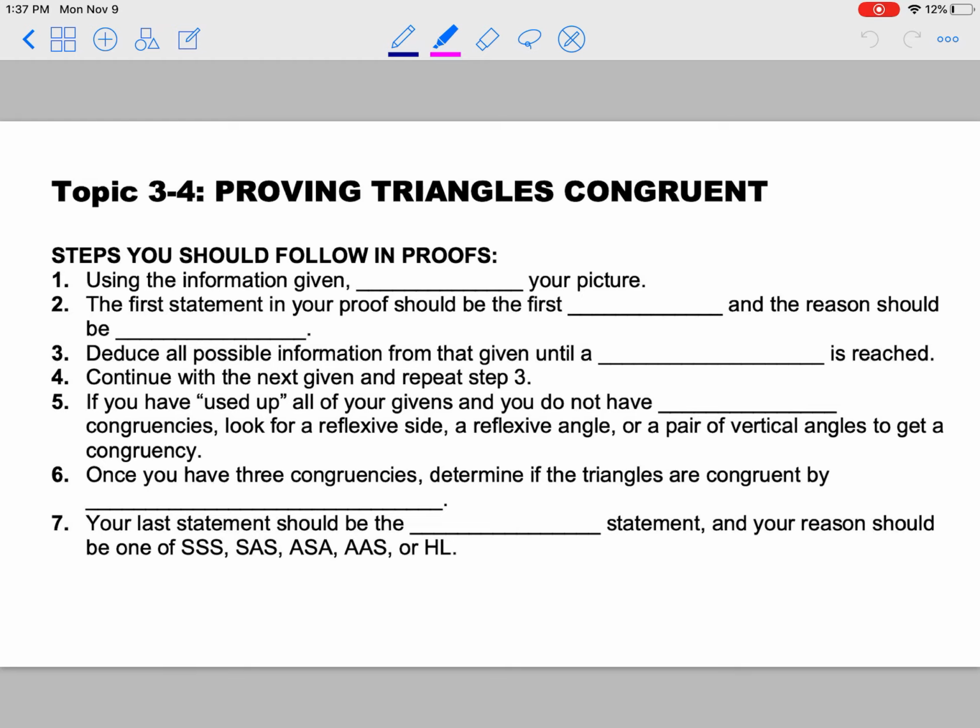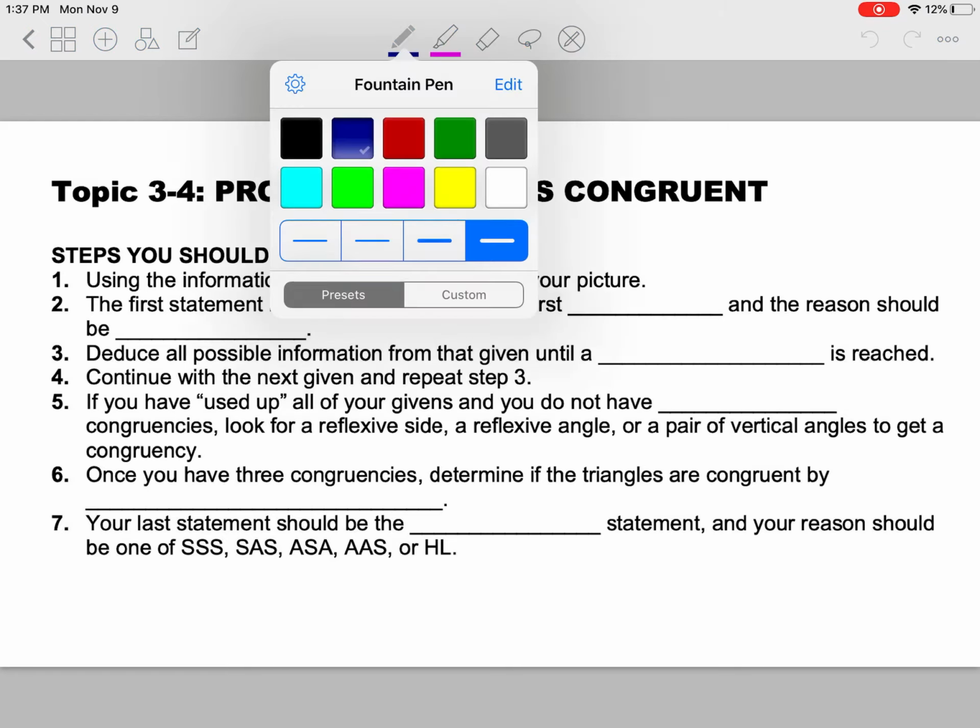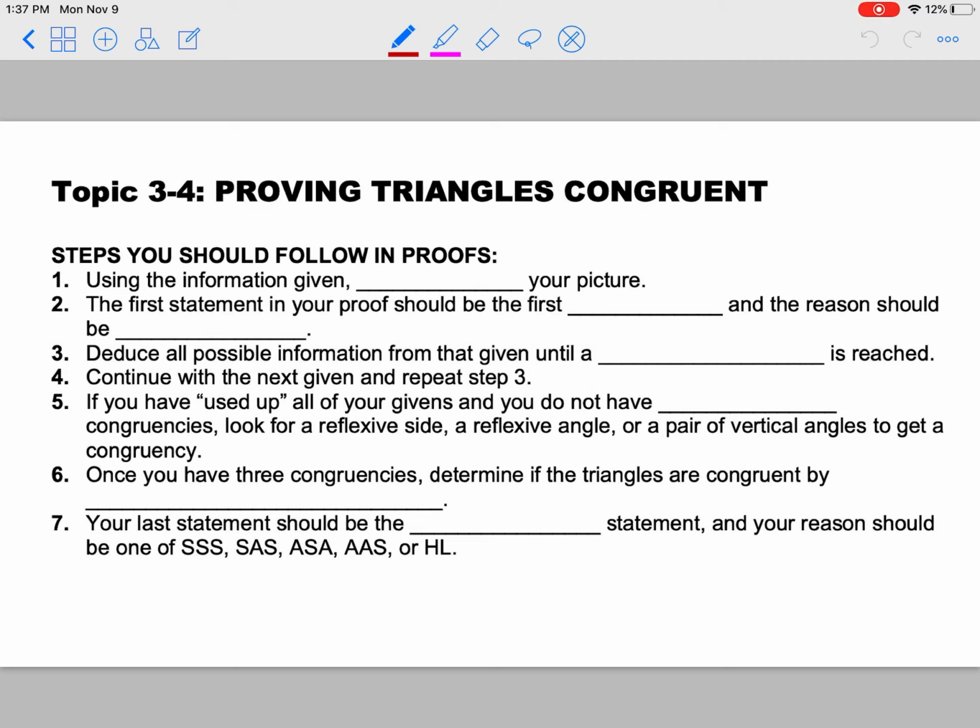3-4, proving triangles congruent. So we're getting back into our proofs. These are much easier proofs to deal with. And here are the steps that you need to follow to help you get through these proofs. So the first step you should always take is, using the information given, you need to first label your